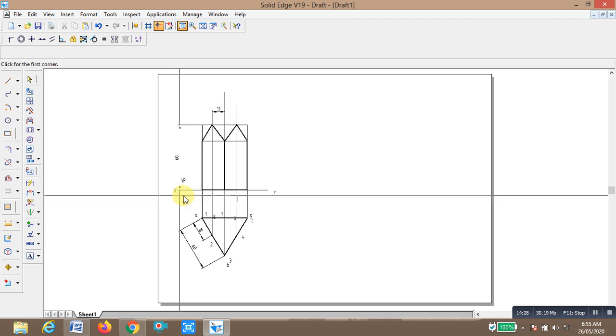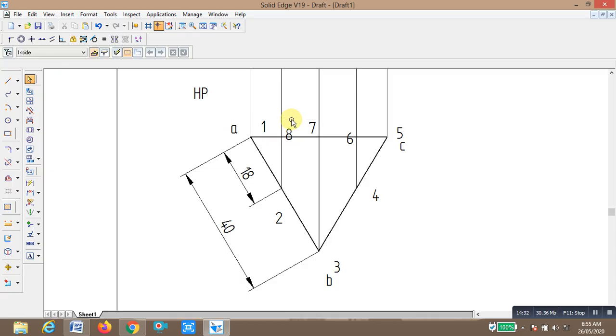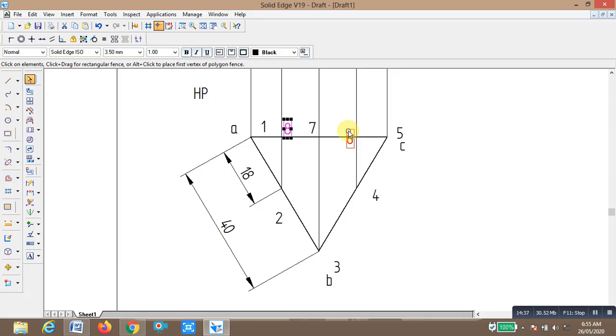This is 8, this is 7, this is 6. Okay, this is 5, this point is 3, this point is B here. Okay, this is point A, and make this line also bold in the front view.